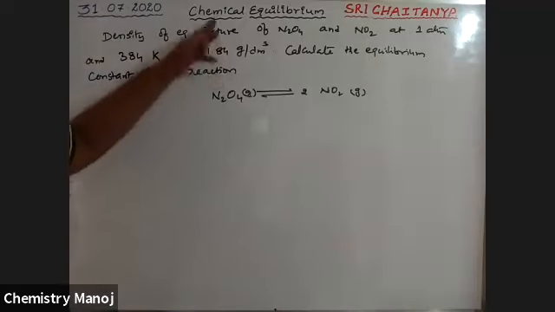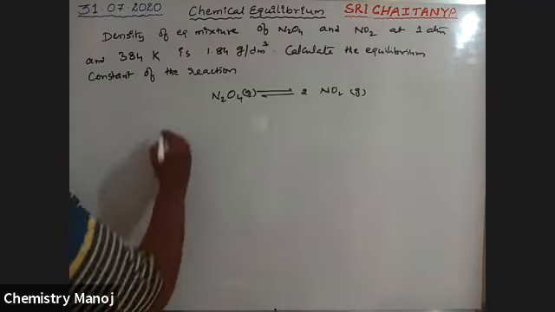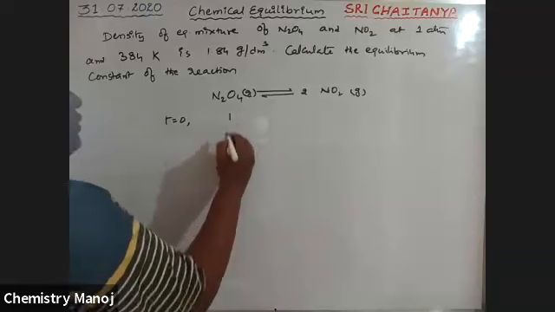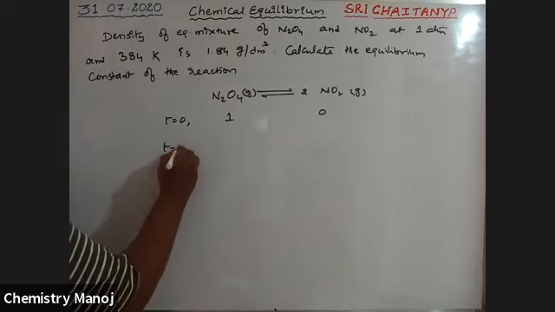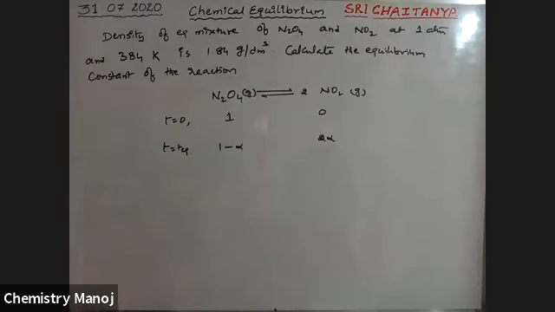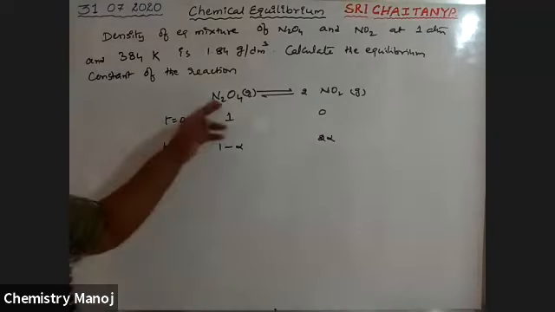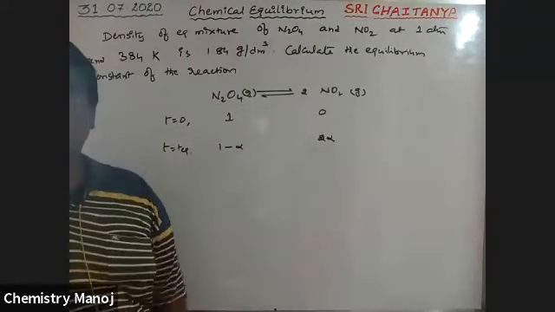So for this equilibrium, these are the conditions. You want to find out the equilibrium mixture at that temperature and pressure. Let us consider at time t equal to 0, it is 1 mole of N2O4, and no NO2 is given, that is 0. At equilibrium, it is 1 minus alpha and 2 alpha. Alpha is nothing but the dissociation. For 1 mole dissociated, 2 moles are formed. So if alpha is dissociated, 2 alpha is formed.